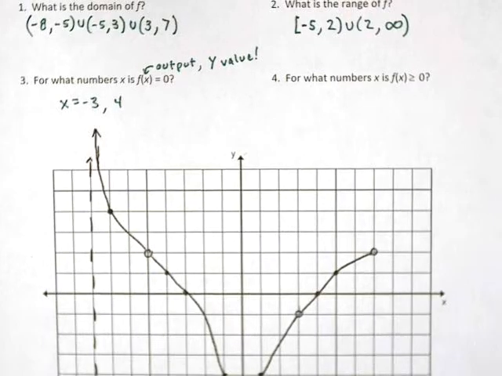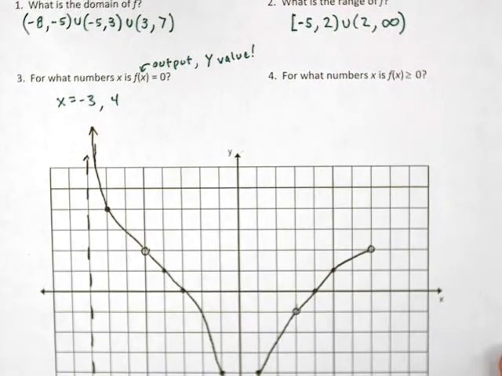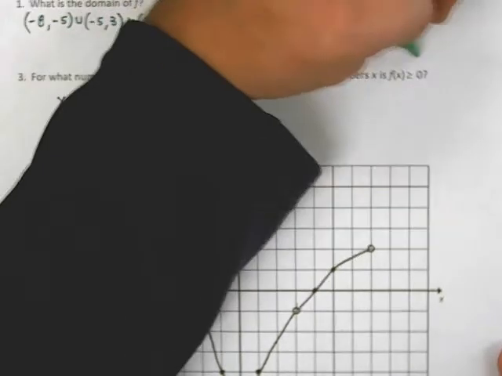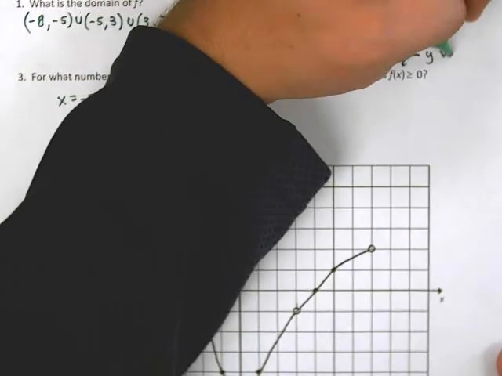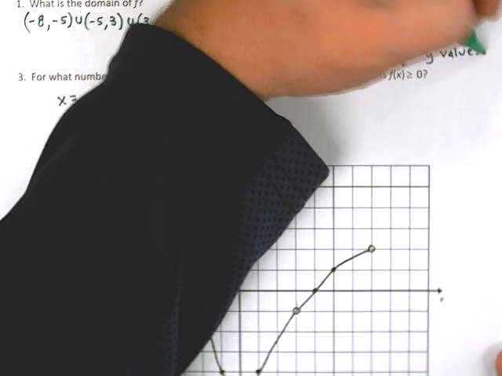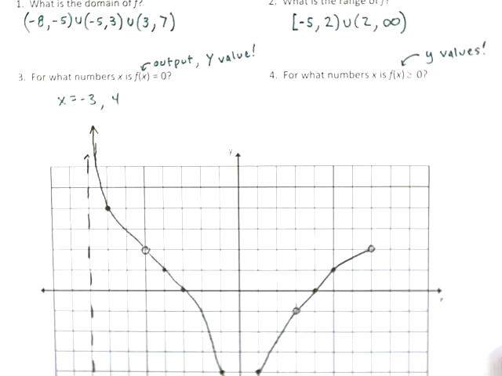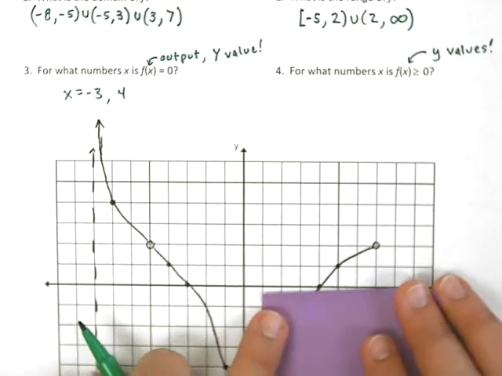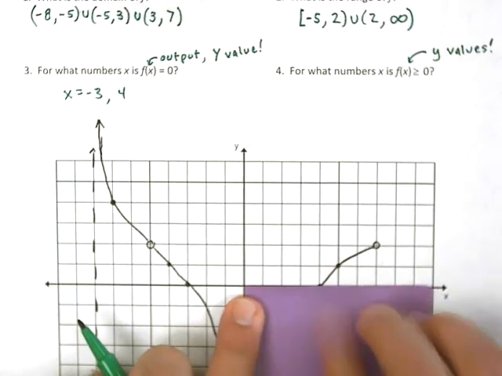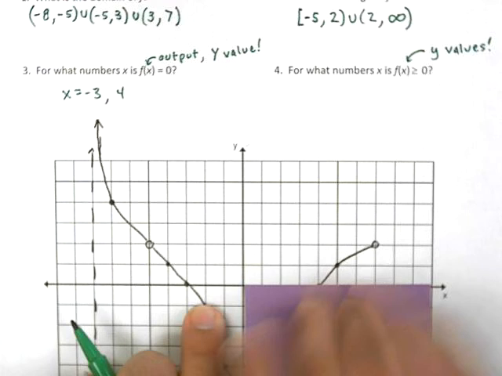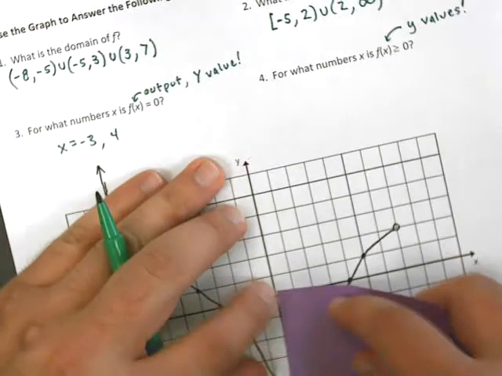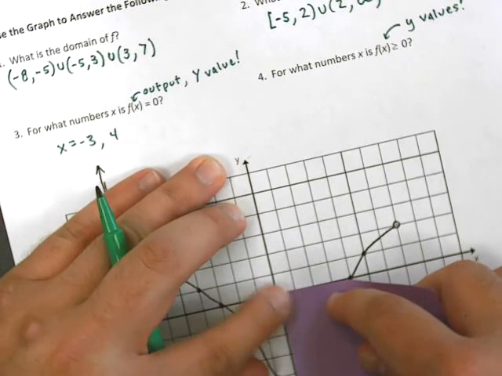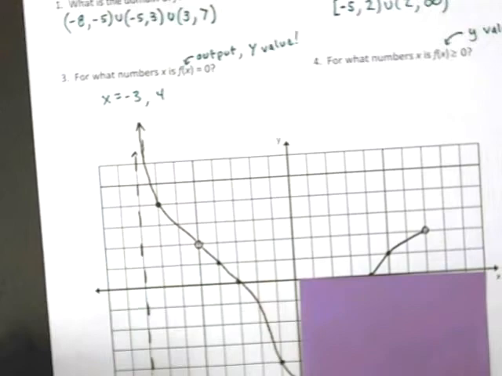Now, these are going to help us with number 4. Number 4, what numbers is f of x greater than or equal to 0? So again, guys, I care about this, the y value. I want y values to be greater than or equal to 0. So what can I do? Well, if f of x has to be greater than or equal to 0, then I know I need to describe